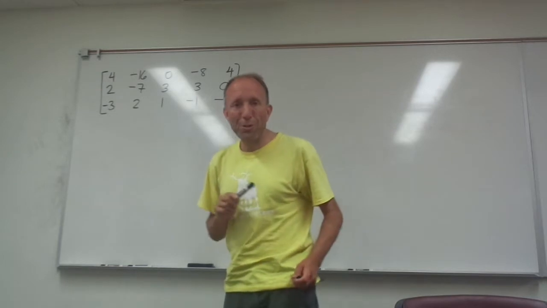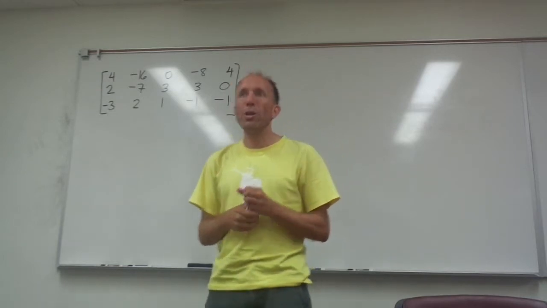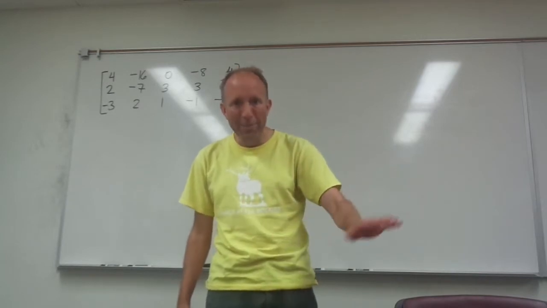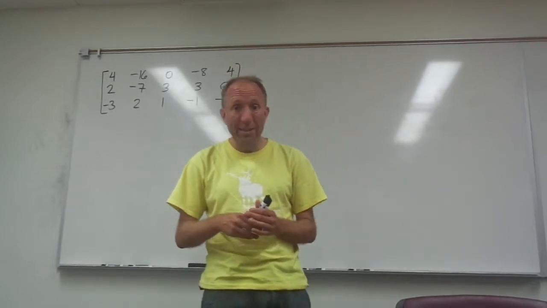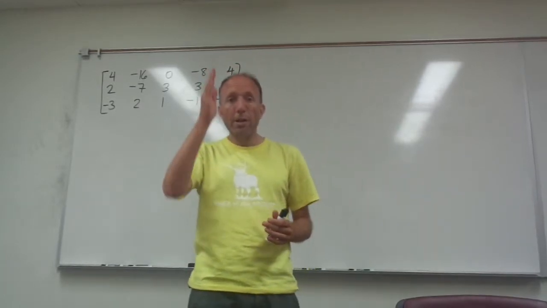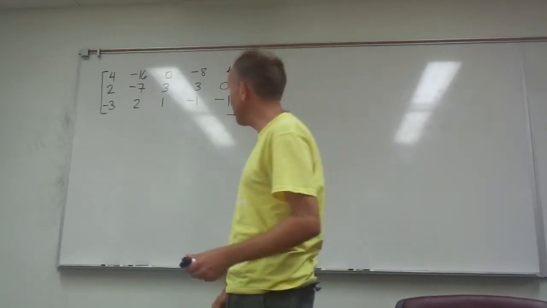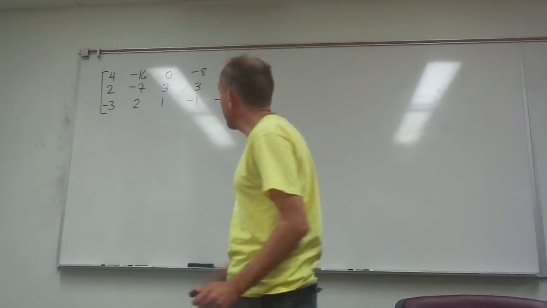Let's take this matrix right here. Remember, row echelon form, any rows of all zeros have to go to the bottom, and the pivots, which is the first non-zero entry in each row, they have to go down and to the right as we look at the matrix. So looking at this one right here,